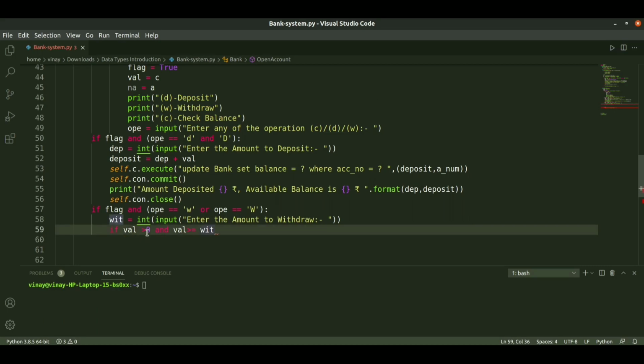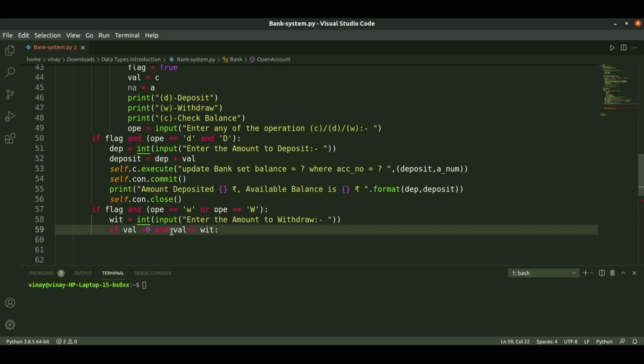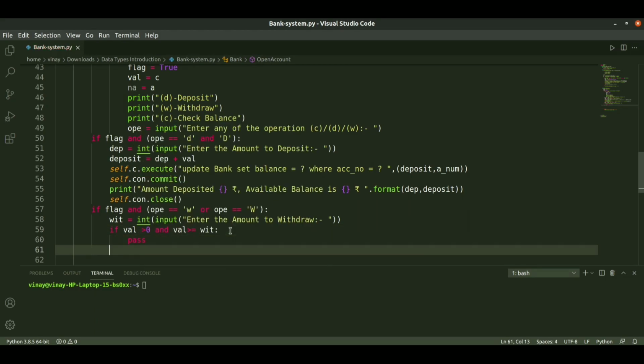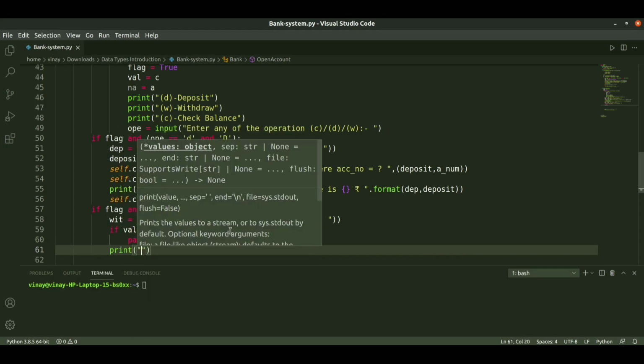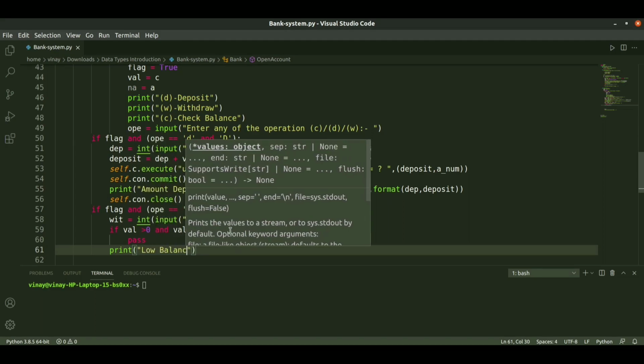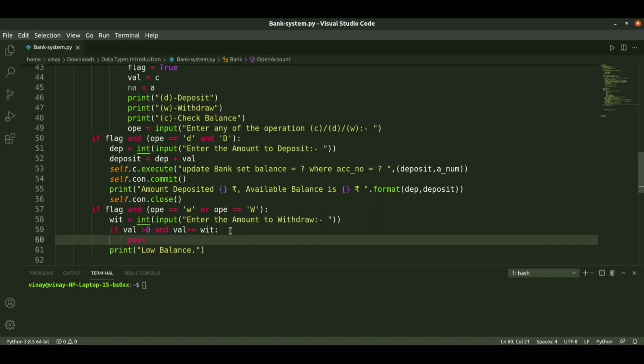So we check the amount like this: the balance should be greater than 0 and the balance is greater than or equal to the withdraw amount. So if it is more than the withdraw amount, it should proceed, and if it is not possible, we need to print low balance. So it should display the message as low balance.